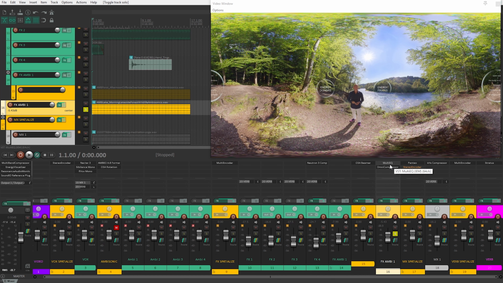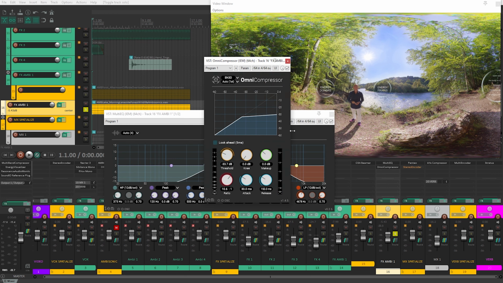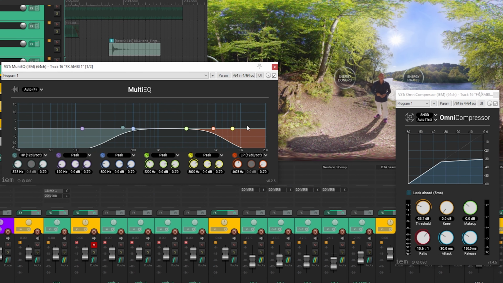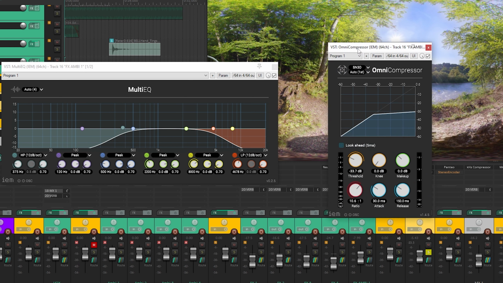So we can also do some processing. Because it's in Ambisonics format, we have to use plugins that support Ambisonics. So we've got an EQ and a compressor here. This EQ, I'm just cutting out some of the low frequency rumble and some of the high frequency hiss that's in the recording. They're not bad, we just don't need them for this particular mix. They're kind of in the way. And then we also have a compressor. There's just some kind of abrupt, loud bird sounds, so we're just kind of compressing those to give us a